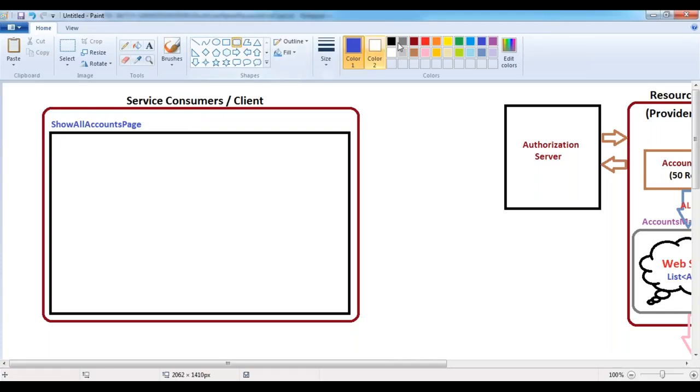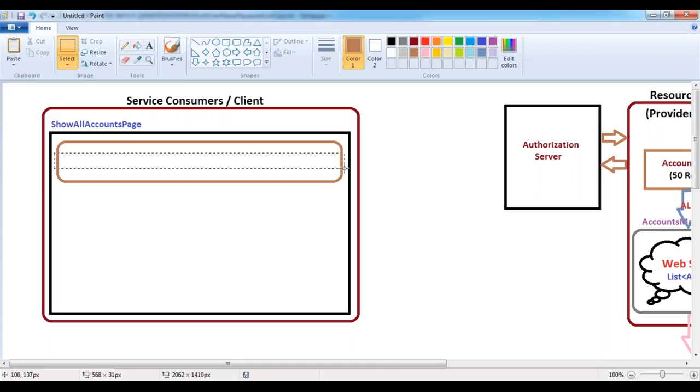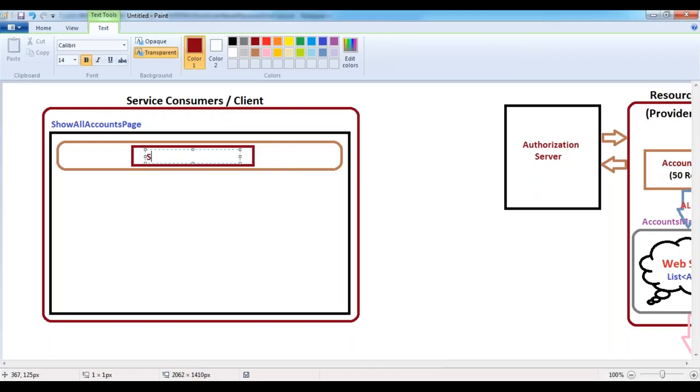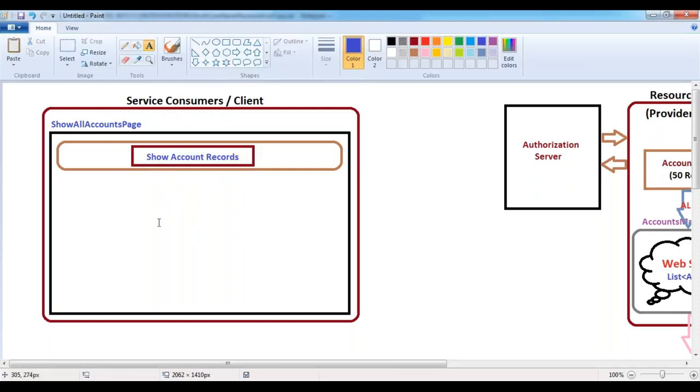In this Visualforce page, I'm having a small section in order to place a button control. Inside this section, I would like to have a button control. I'm placing the caption, show account records. So upon click on this button control, now I